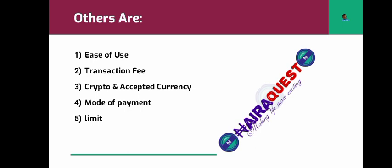And then you look at the cryptocurrencies and the kind of fiat currency they accept. For example, Binance accepts almost all currencies, and they even have some Binance apps that are specific to a location. Binance created a USA-based app that is only for USA citizens, while it created some that can be used in Africa and elsewhere. As a Nigerian, Binance offers you the ability to make deposits from your local bank. And if there's any exchange that makes depositing or withdrawing difficult, that's not the kind of exchange you can go into